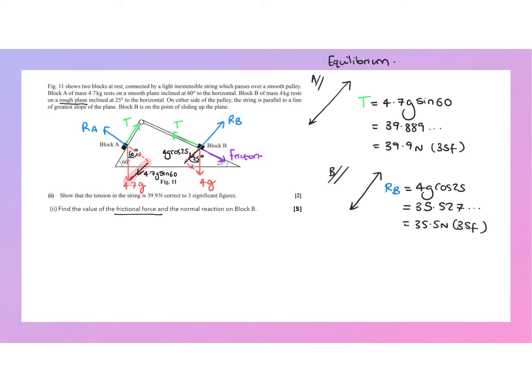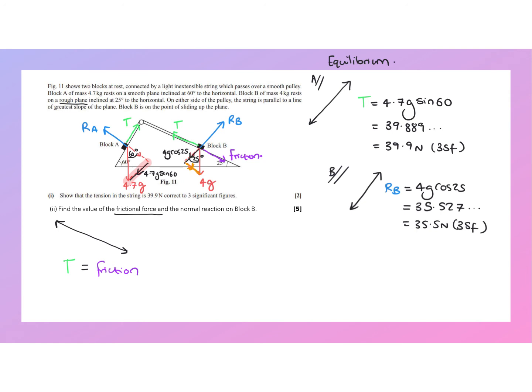And we're then left with finding the friction acting on block B. So we now need to look at forces acting on B which are parallel to the slope. Now, going up the slope, we have the tension. That's the only force or component going up the slope. And that is going to be balanced by the friction, which is going down the slope, and also this component,